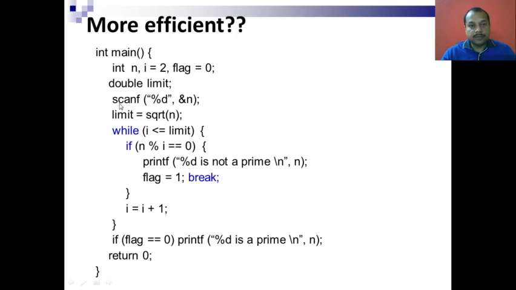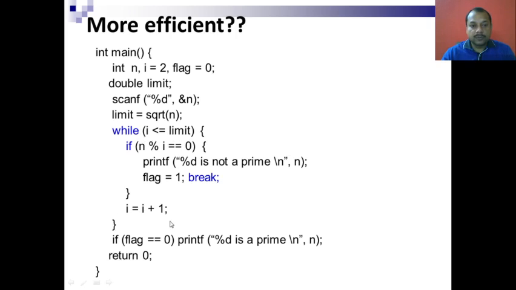Now I am scanning or reading the n from the user and storing it in n. Then I am taking the square root, and I know that if I go up to the square root, that is enough. I need not go beyond that. So from that point of view, I am computing this. Now while I am computing this, what I am doing here is setting flag equals to 1. So last time what I did was that I tested that if this condition is false, which means that